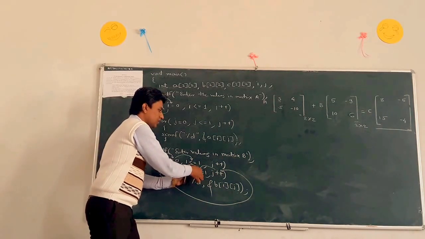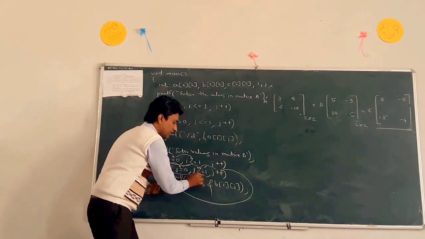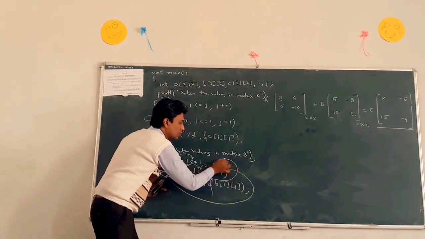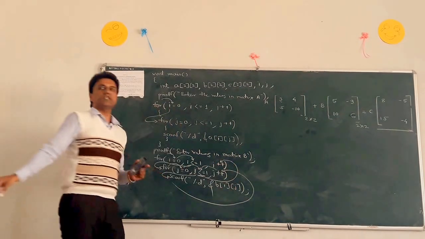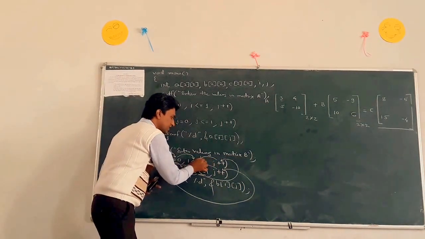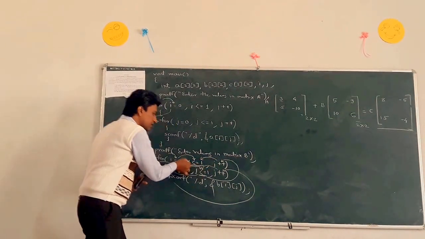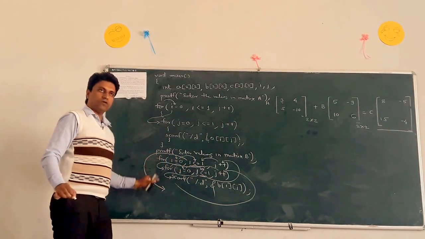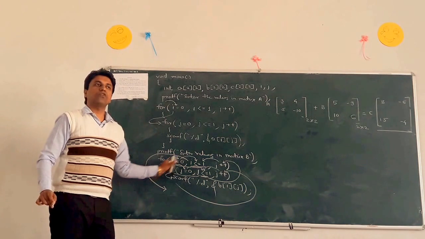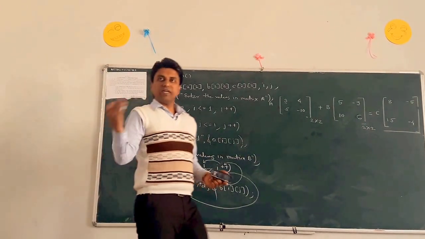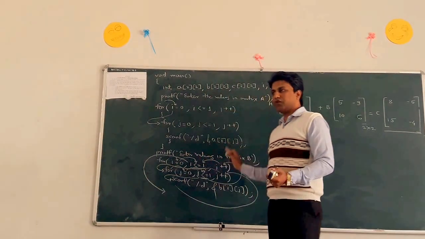If the condition is false, then the cursor automatically goes to the outer for loop increment statement. Clear? After that, condition checking. If the condition is false, then the cursor goes out of the outer for loop. Okay? Clear? This is the execution flow of the outer for loop and inner for loop, if there are two for loops.